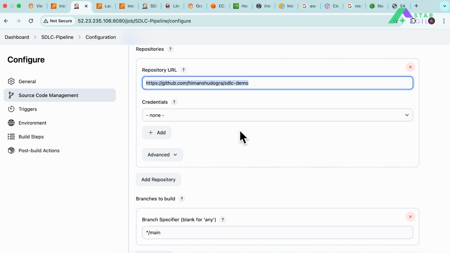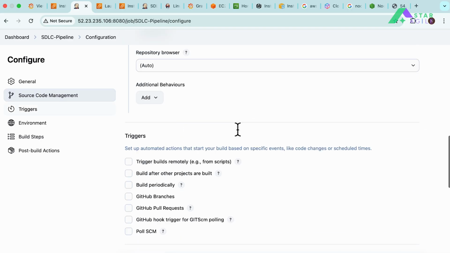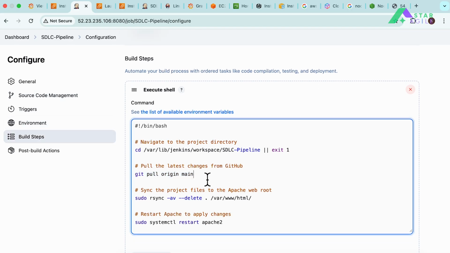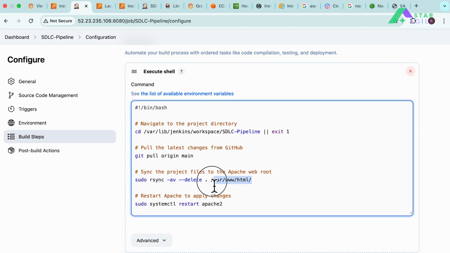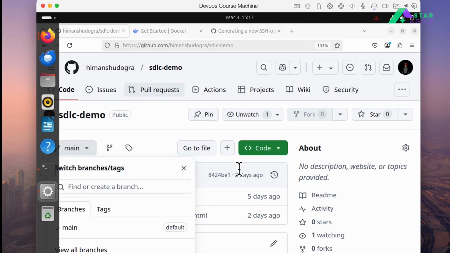Since we have already provided the credentials, automatically it will set up a connection to the GitHub repo, and then it will do git pull origin main. It will pull the main branch, and validate if there are any latest changes to be pulled. After that, it will sync with the latest in www HTML, and then it will restart the Apache server. All these things will be happening on your Jenkins machine. That's where the Jenkins pipeline is being done. So if I go here